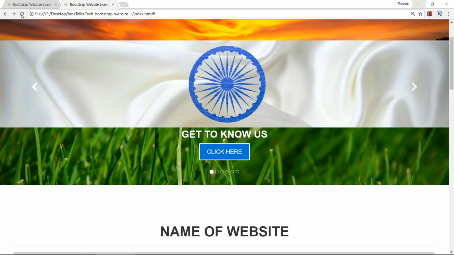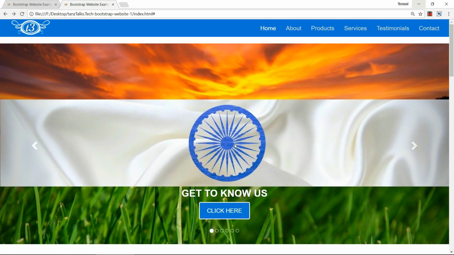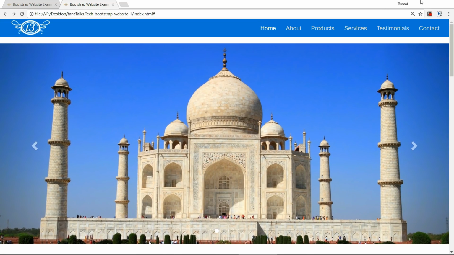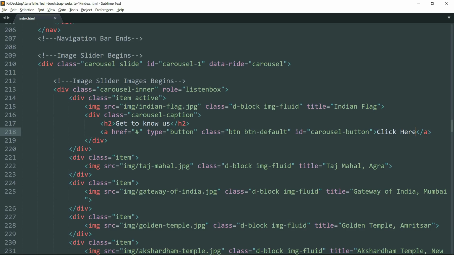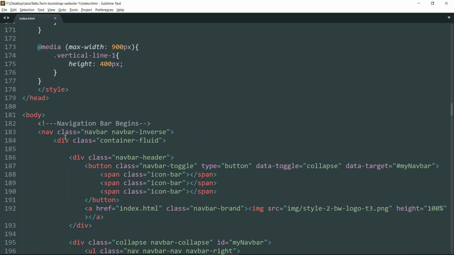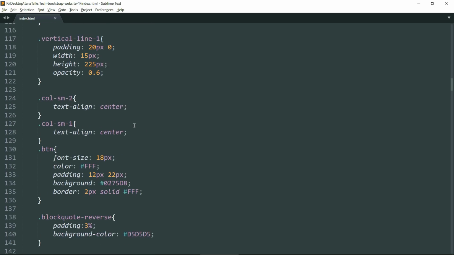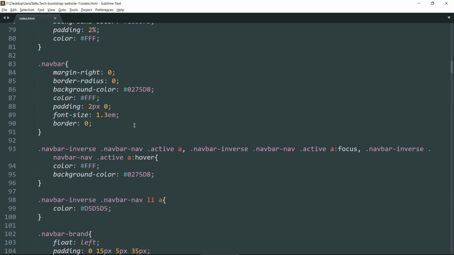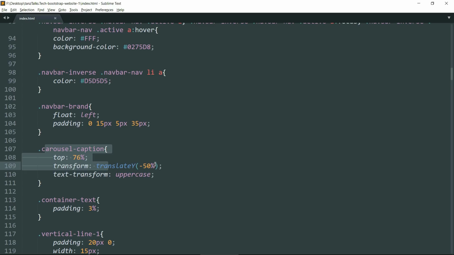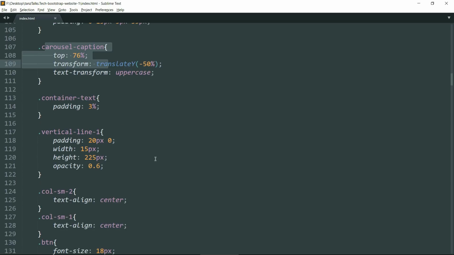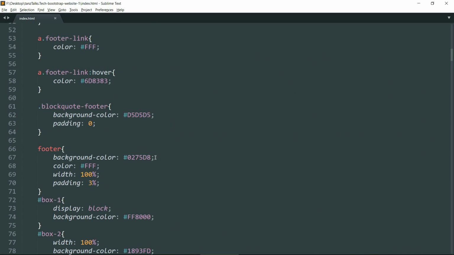Now let's see in the website. Yeah, we have the caption as well as the button. Actually we have already styled the carousel caption. I think we have already styled the button also. Let's see in the website.